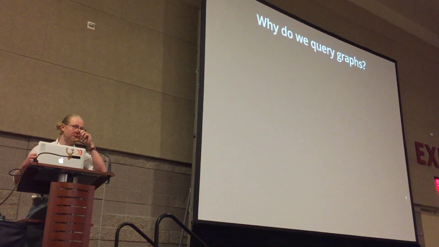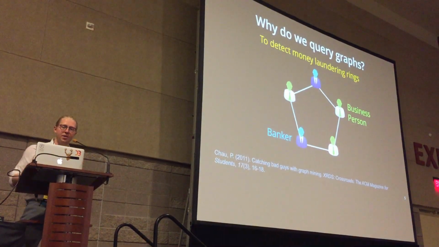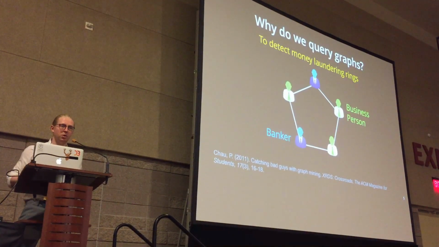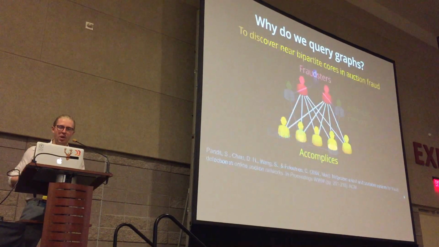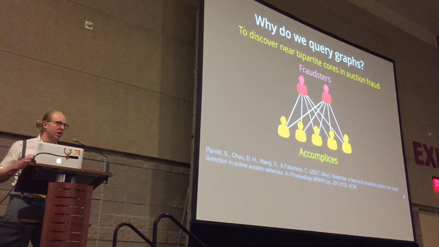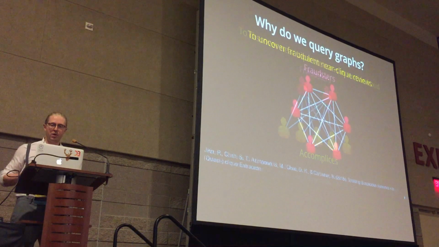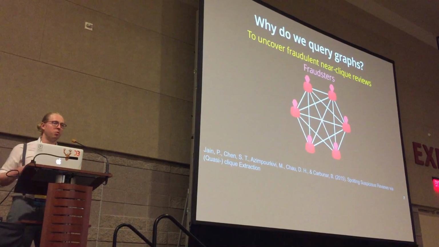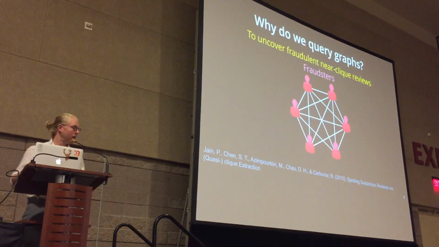This led me down this road of why do we query graphs? We query graphs to detect, say, money laundering rings, where you have some colluding bankers and business people working together in a suspicious way to game the system. We query graphs to discover near bipartite cores, to get at the people who are trying to make their products look real when they really aren't. And to uncover fraudulent near-clique reviews on websites like Yelp or other review-driven websites. All of these have a common theme where you're looking for a particular pattern in a much larger